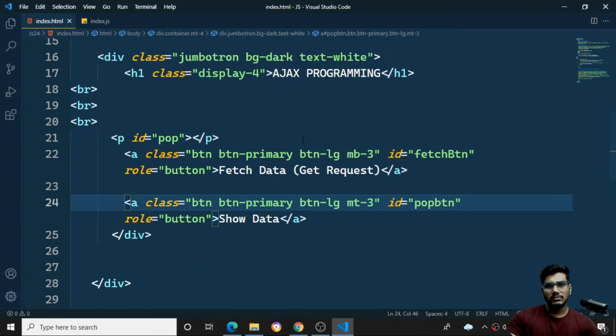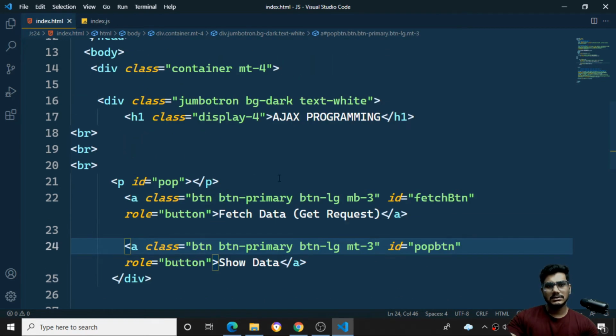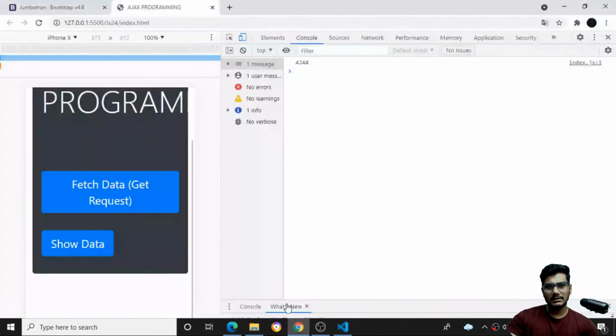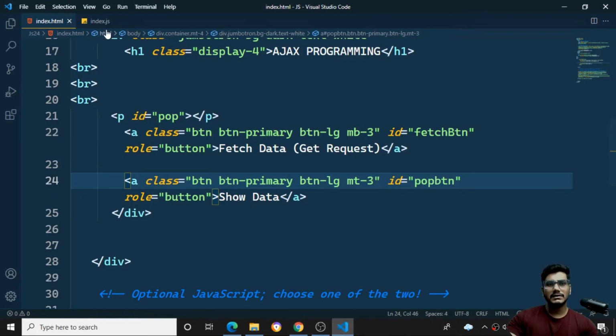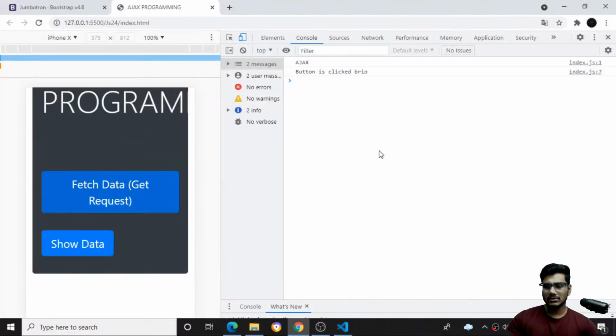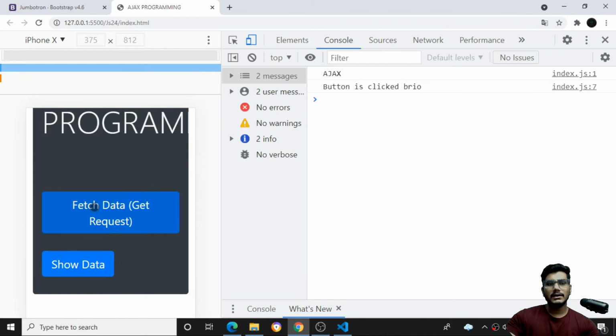Okay, so two buttons, and one more is this one, right? So we have only the two buttons, but okay, the three is right. I am thinking like get request is something new. Now see, if I click onto the button fetch data, you can see I'm getting the button is clicked. That means the particular function is getting run. I'll just close this and zoom a little bit. Whenever I click, you can see the button is clicked. I am getting these kinds of things over here.